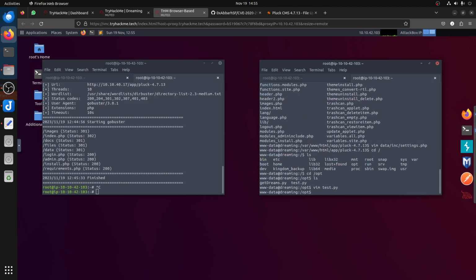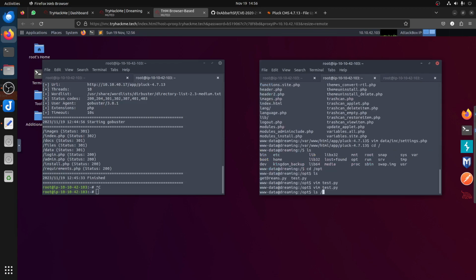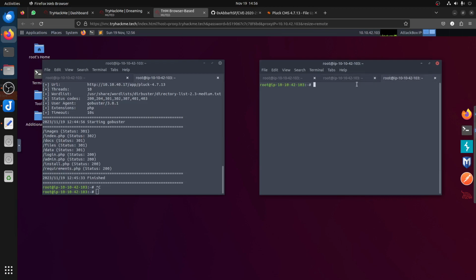So if we test this, leave this there, so we can do this one. Who's this guy first? Import requests, add myself, password, submit, login. We assume the first one will be Lucian. So okay, let's do that, because remember, ls home, we have three users. The first flag is for Lucian, so we assume that password is for Lucian. So if we go Lucian